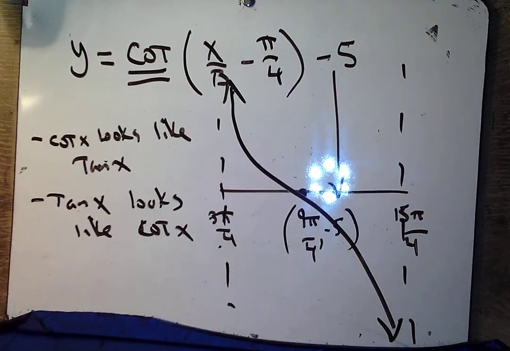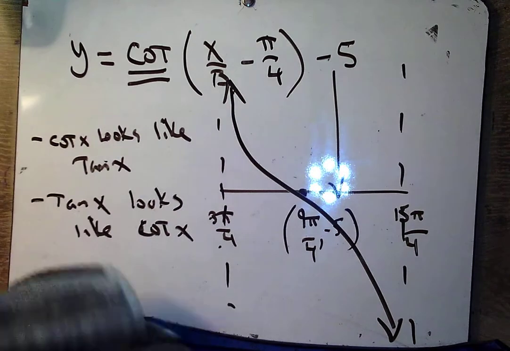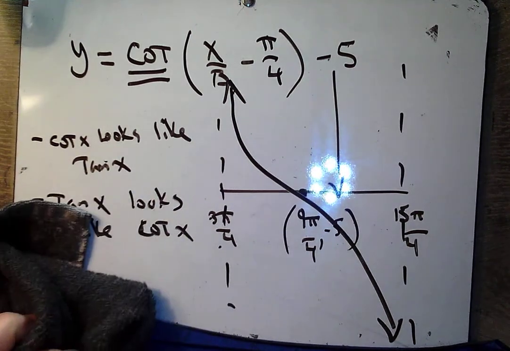Okay? Well, there you go. That's graphing tangent and cotangent, secant and cosecant. I think you're good to go on all of these,